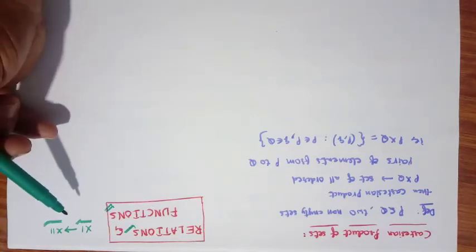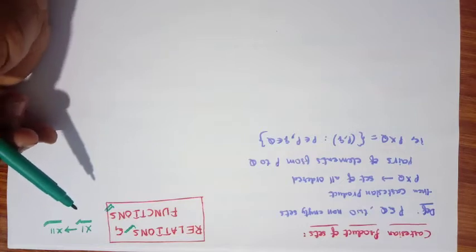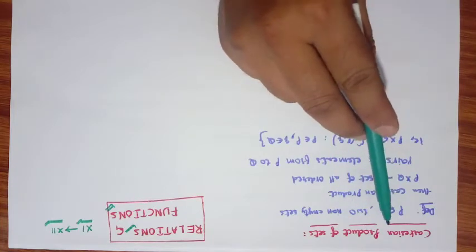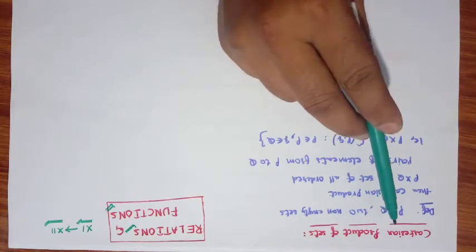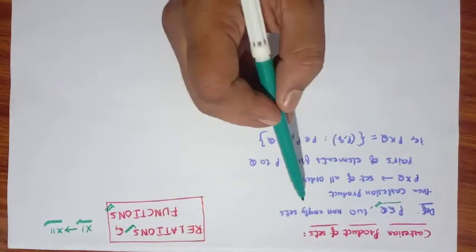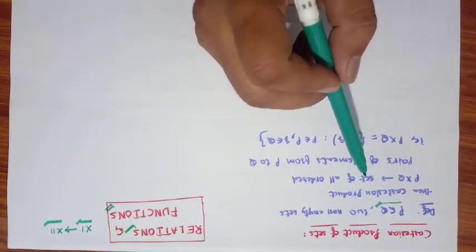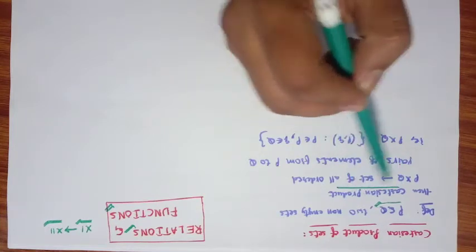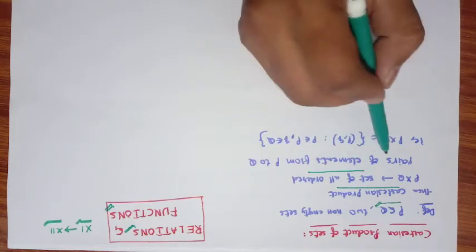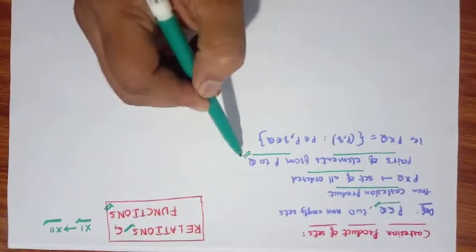In that 11th standard, what we already completed, if you already know the sets, then what could be the Cartesian product of the sets? Cartesian product is kind of like a normal product. If P and Q both are two non-empty sets, then the Cartesian product P cross Q is the set of all ordered pairs of elements from P to Q.